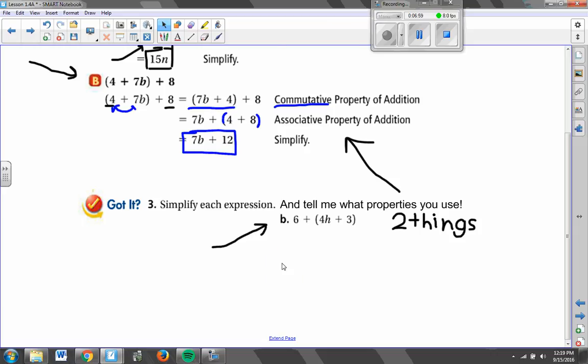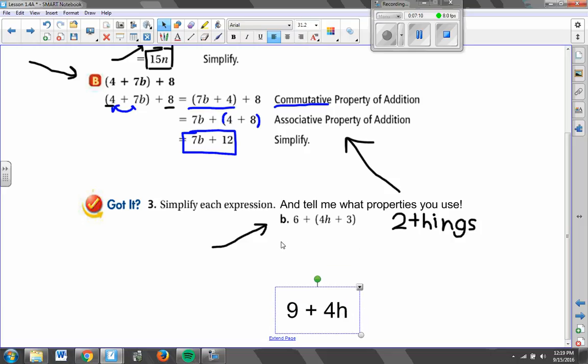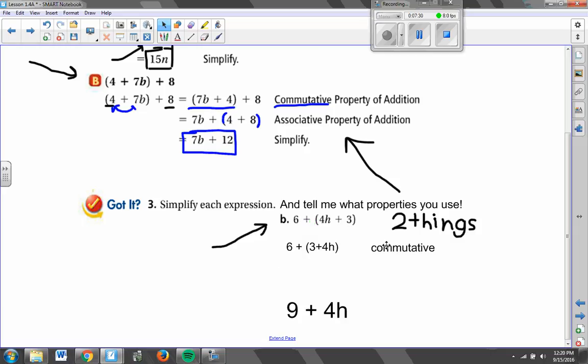Okay, what we should end up with here is 9 plus 4h. But in order to get there, we had to use two properties. First, we had to use the commutative property. Right? And the commutative property would allow us to flip the things in the parentheses. So it would be 3 plus 4h instead of 4h plus 3. And then the associative property